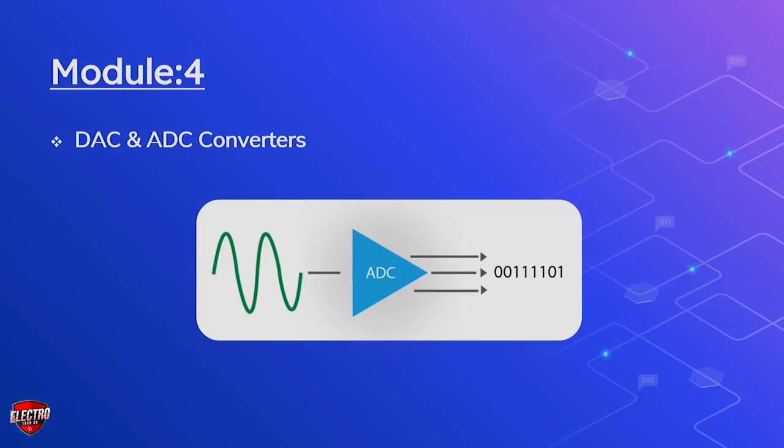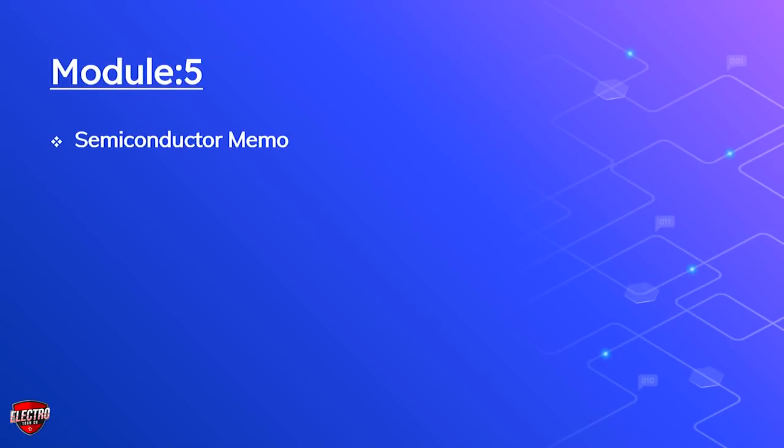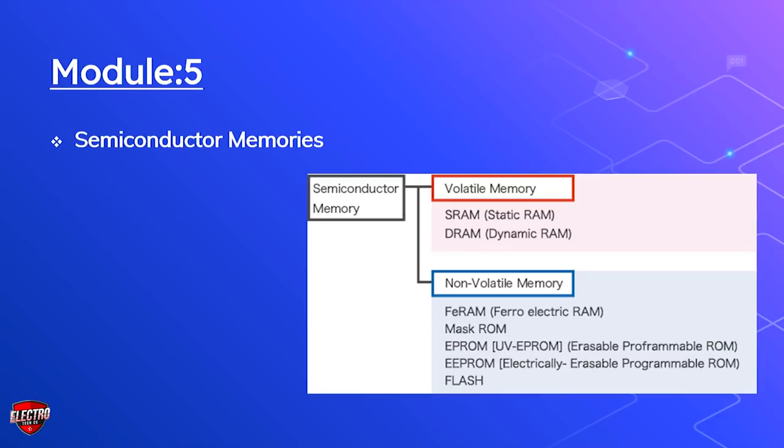The last module is semiconductor memories. So the question is, what are semiconductor memories? Semiconductor memory is a type of semiconductor device which is used to store data. There are two types of electronic data storage. First, magnetic storage. It stores data in magnetic form, and is affected by magnetic fields. It has high storage capacity, and it doesn't use a laser to read or write data. Examples of magnetic storage devices are hard drive, floppy disk, magnetic tape, etc.